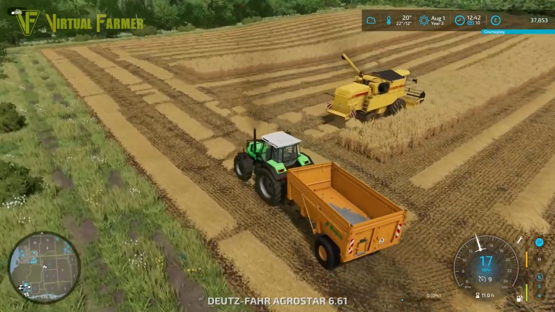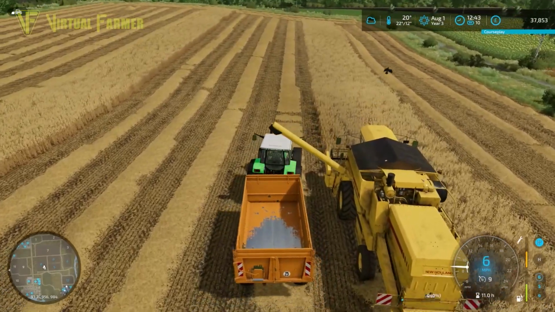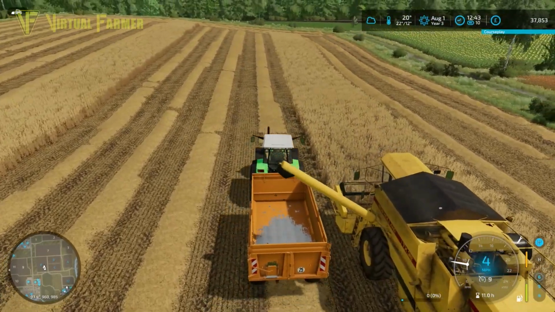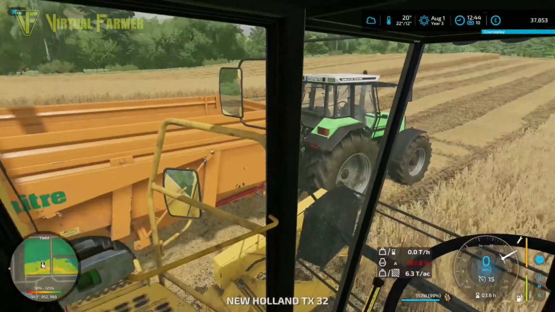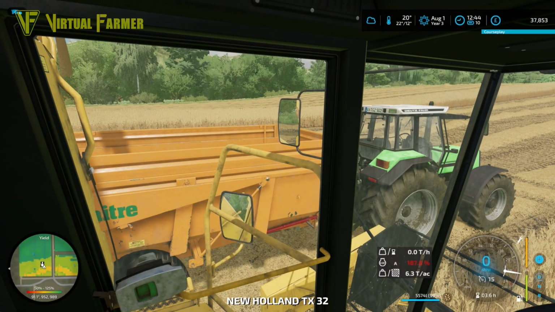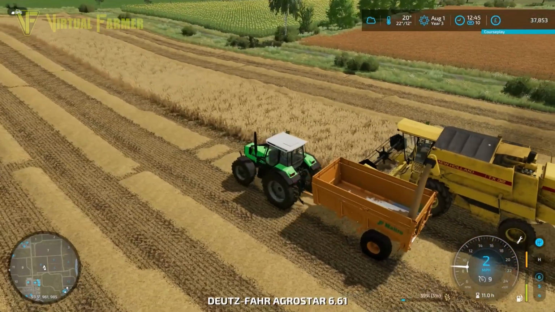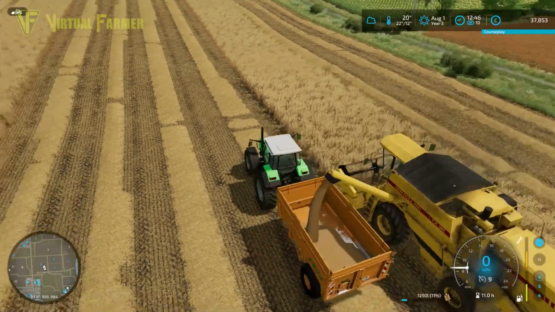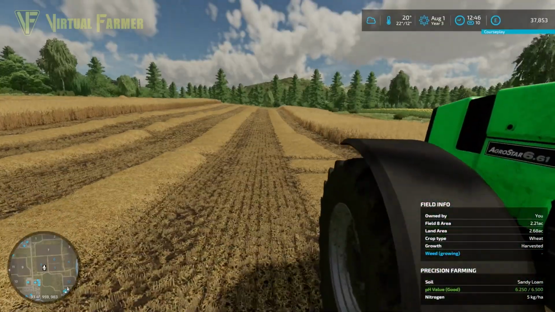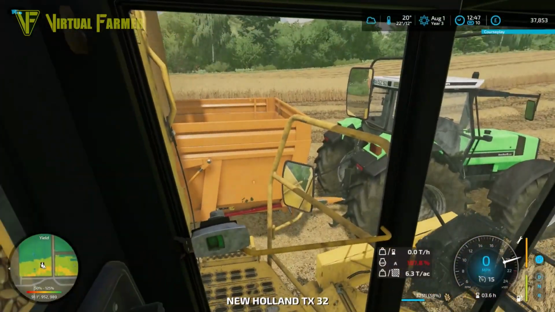And this is the point at which we've hit a full tank. We've got probably 2 rows on each side to go, and even those aren't full rows. So it's not a massive amount left on this field. It is more than 1 tank, which is good news. But it's not going to be the extra 10,000 litres that I was hoping it was. Unfortunately,